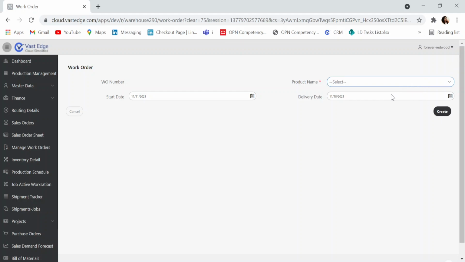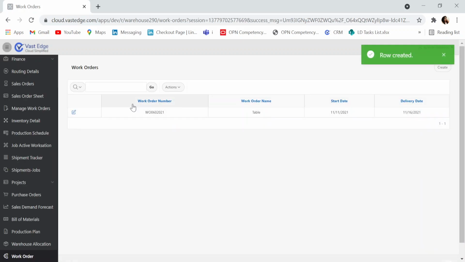So here the product name is table, started from 11th of November. By default we have set the delivery date for 1 week. You can choose a prior date as well and a later date as well. So here I'm going to choose it as 16th of November, and then I'm going to create it.